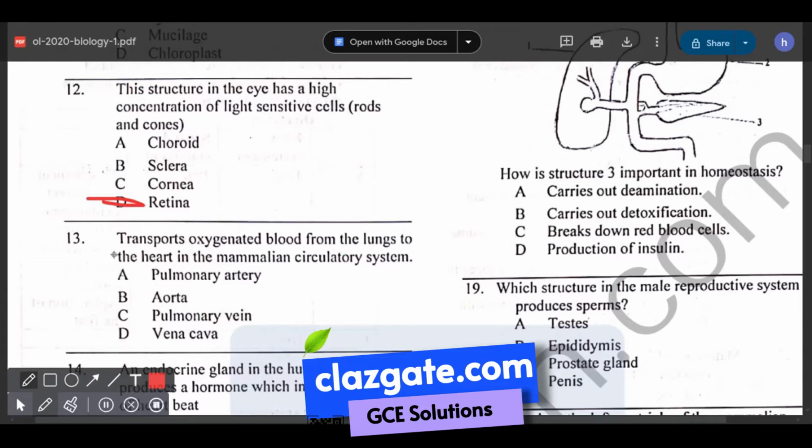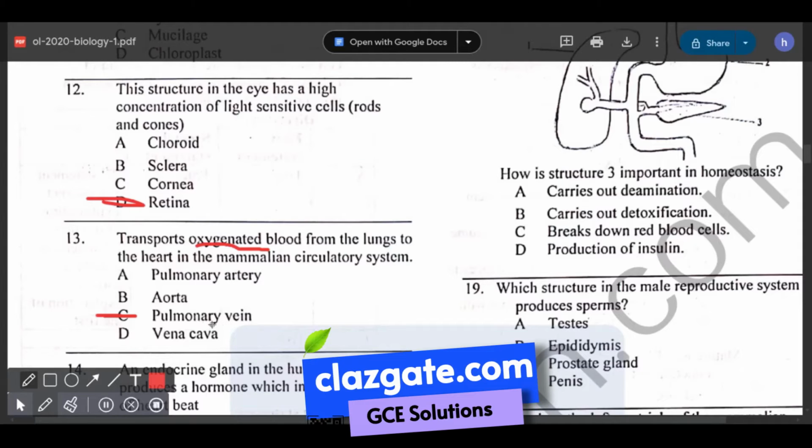Okay, transport question number 13. Transport oxygenated blood from the lungs to the heart in the mammalian circulatory system. Don't forget, it's transporting oxygenated blood from the lungs to the heart. And what is that? That is the pulmonary vein. It transports oxygenated blood. The pulmonary artery instead transports deoxygenated blood. And if we had only artery without a pulmonary suffix, then that could have been our answer. But since we have the pulmonary suffix,